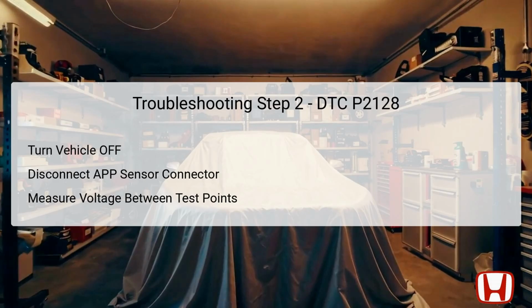Continuing with the troubleshooting process for DTC P2128. The next step requires turning the vehicle to the off or lock mode. After ensuring the vehicle is off, disconnect the 6P connector from the APP sensor. It's important to measure the voltage across specific test points in the sensor circuit to provide more insight into the